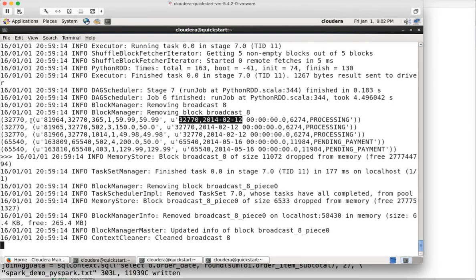So t of 0 means 32770, which is the key, a simple numeric value, and t of 1 means this entire tuple. T of 1 of 0 is this first string. T of 1 of 1 is this second string. So you have to do a split on t of 1 of 0 by comma and get the fourth value